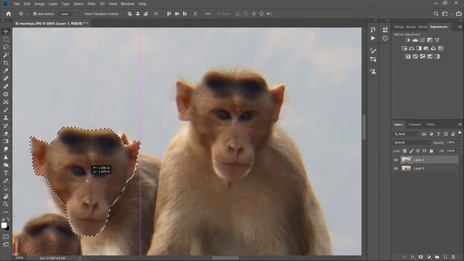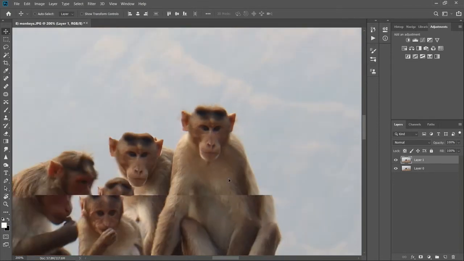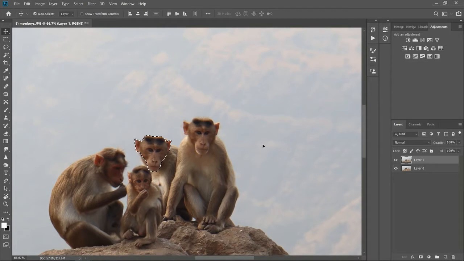But you can zoom into the image closer to your subject and you can easily turn around with this tool. And you can copy the selected subject to a different image in Photoshop, or you can create a composition from scratch. You can also duplicate the same selected area in the same image multiple times. Next is the poly